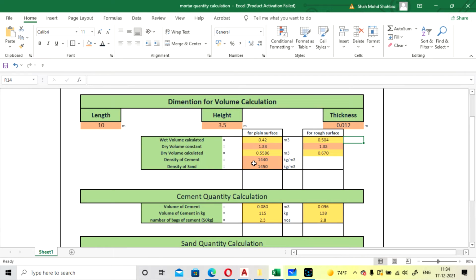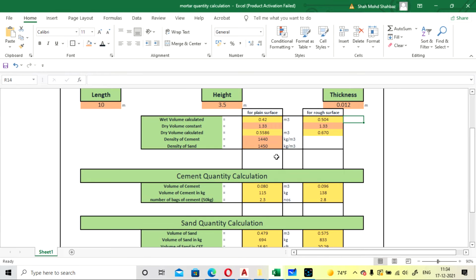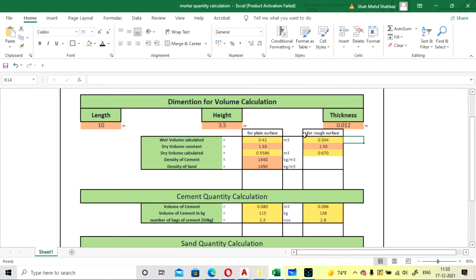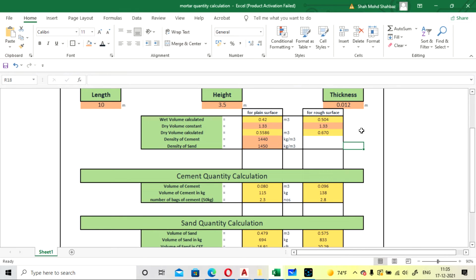You only have to change, if you want, the density of cement and sand, so it will vary according to the place and according to the type of soil or sand. I have already told you the values for the density of cement, sand and aggregate in the previous lecture where we defined the quantity of concrete. Okay, so you can go and check. I will provide the link of that video at the end of the video.